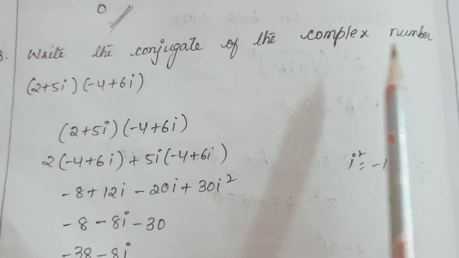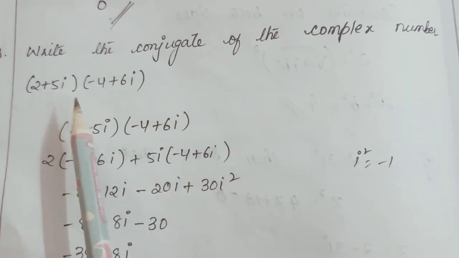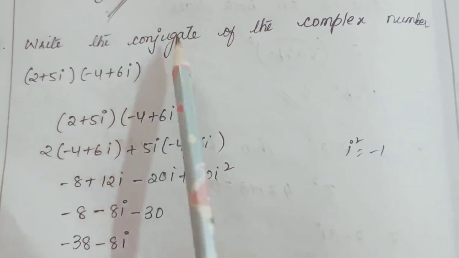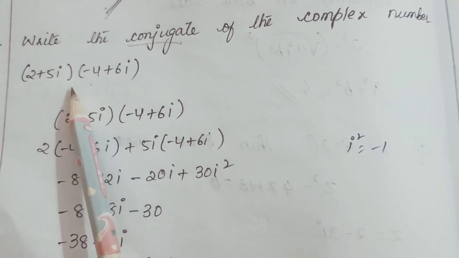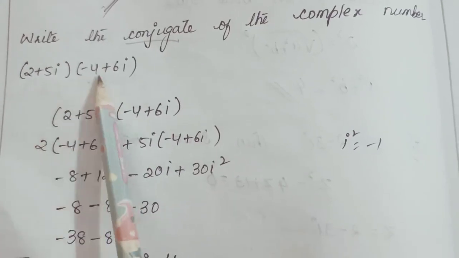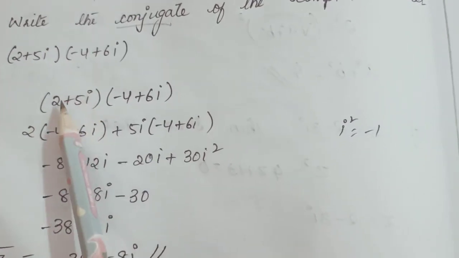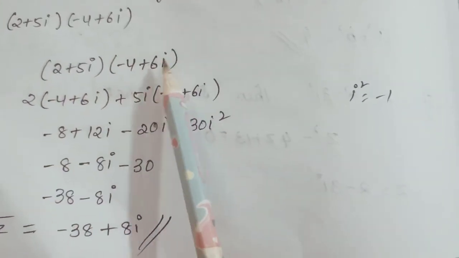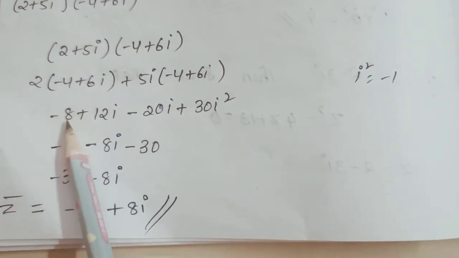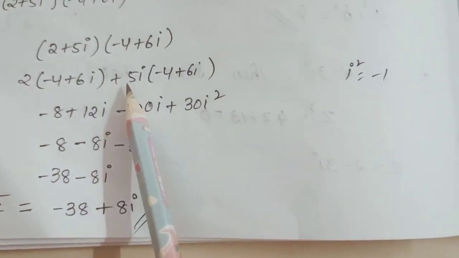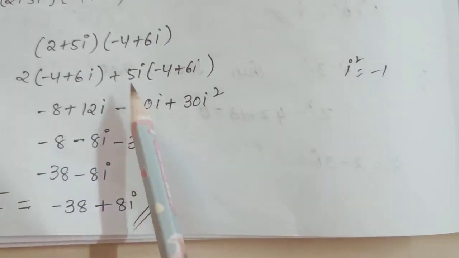Question number 13. Write the conjugate of the complex number 2 plus 5i into minus 4 plus 6i. We have to write the conjugate of this number. So first multiply this, because they both are in multiplication product form. Multiply 2 into this bracket plus 5i into this bracket. 2 into minus 4 plus 6i, plus 5i into minus 4 plus 6i. 2 times 4 is 8, minus 8, plus 2 times 6 is 12i, plus into minus, 5 times 4 is 20i, plus 5